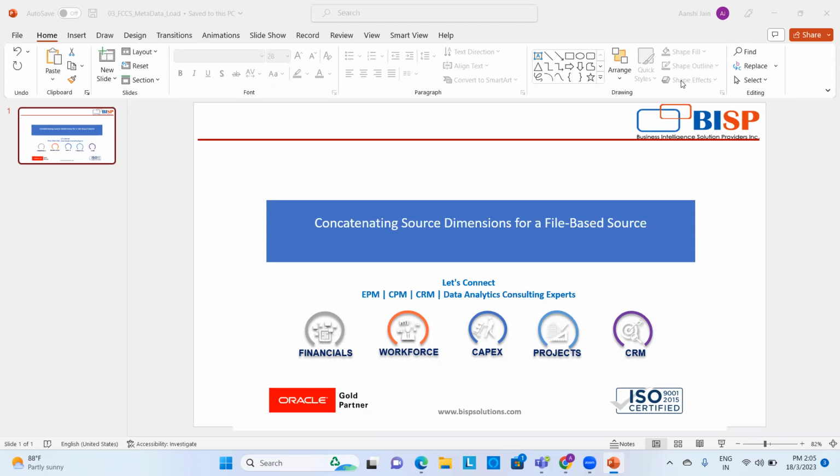Today we will see how to concatenate source dimension for a file-based source. By concatenating source dimension for a file-based source, we mean that through this facility, a simple set of data load mapping can have an unlimited number of fields concatenated. Like for example,